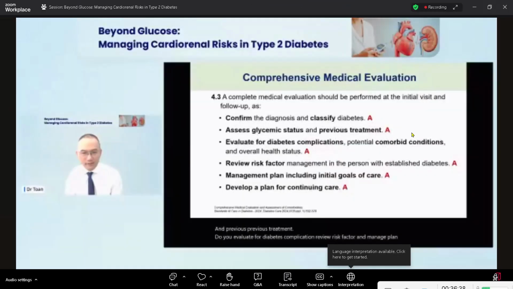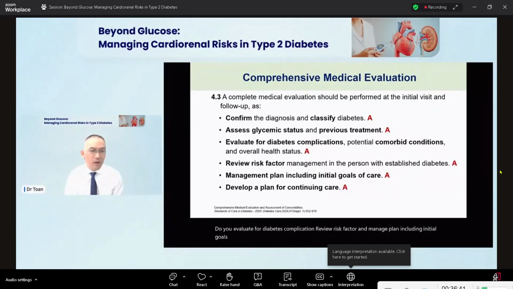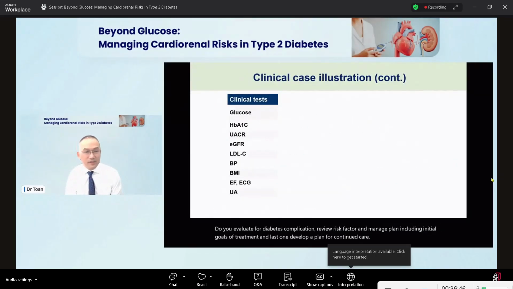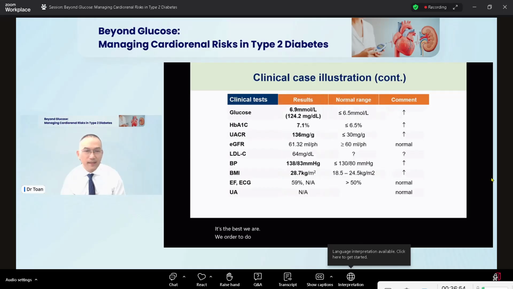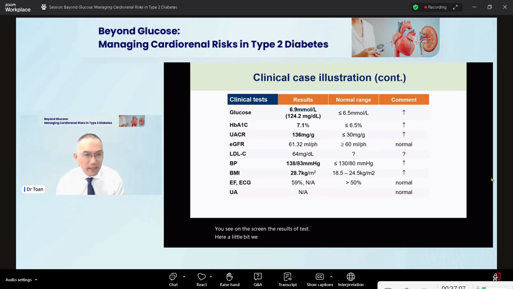Treatment. And last one, develop a plan for continuity of care. It's our test we ordered for the patient. You see on the screen the results of the test. Here we can see fasting glucose, not so much, right? Hemoglobin A1C 7.1, not so high. But one thing I want